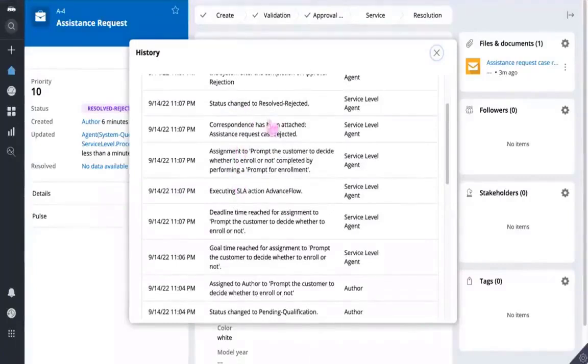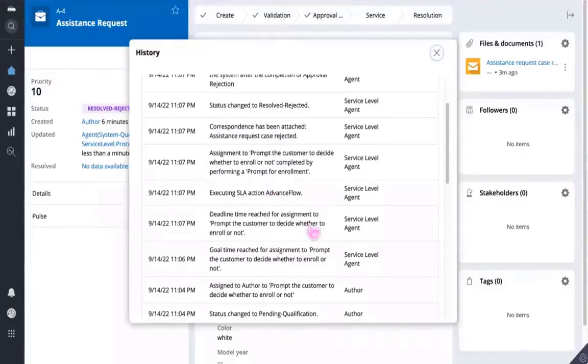We have mentioned the advanced flow there. On the step, yeah, there you can see, right? At timestamp 11:7, on the top of it, you can see the next audit: executing SLA action, advanced flow.